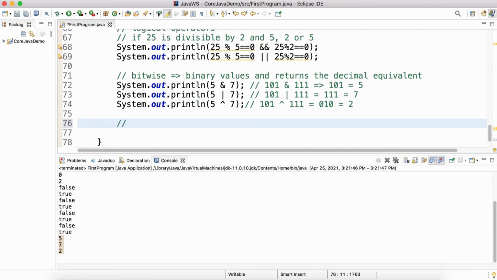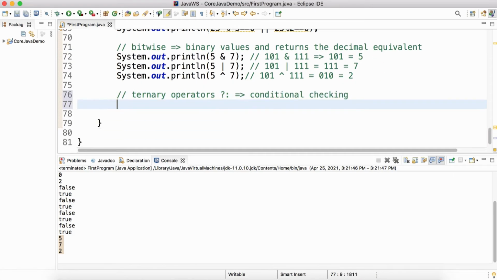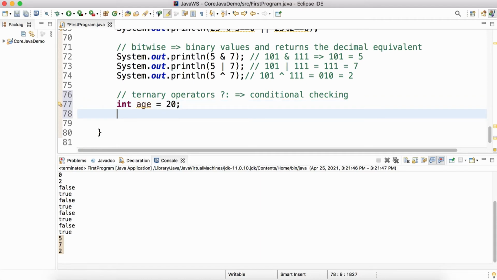Then the last one is basically the ternary operator. Ternary operators have the symbols question mark and colon. They are basically used for conditional checking. So say, for example, I have a variable age where I want to check if the age is greater than or equal to 18 or not